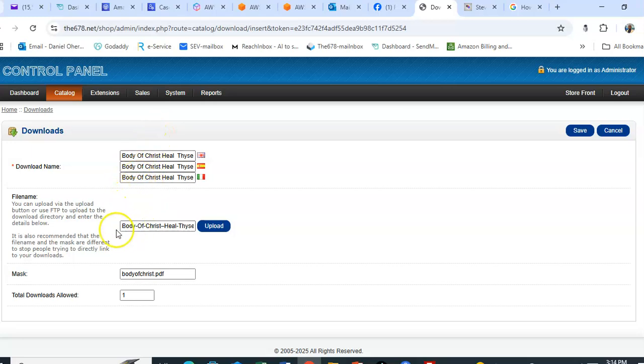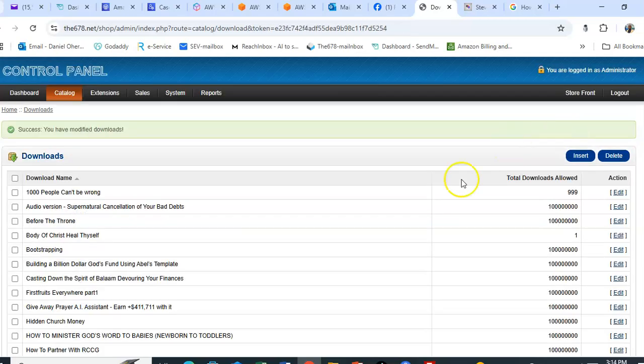Yeah. But then you see the file name is different. This is the file name on the server, PDF, and this is the fake name. That is all we need to do, and then we save. Okay. If we go back to